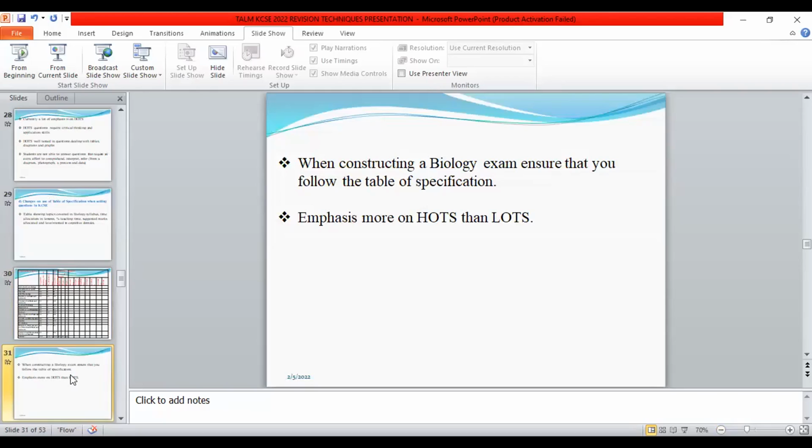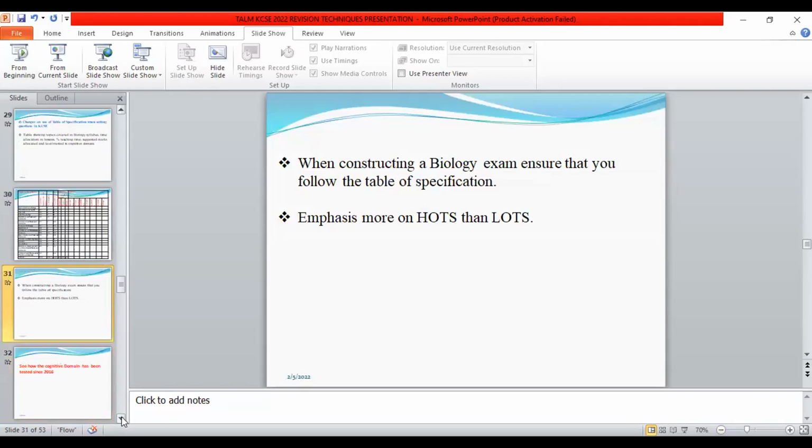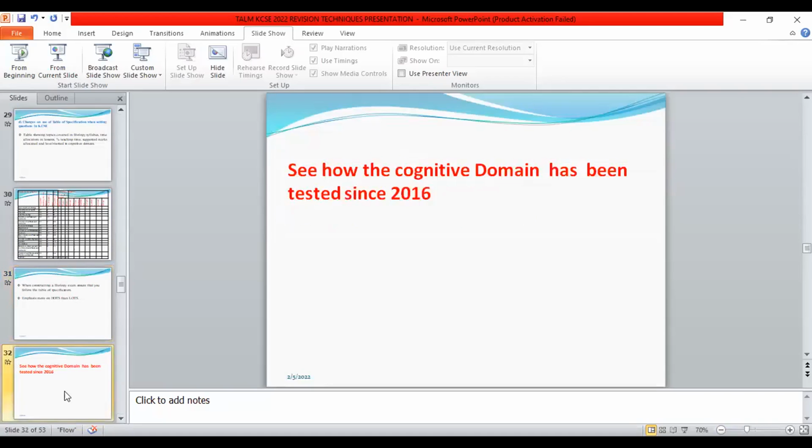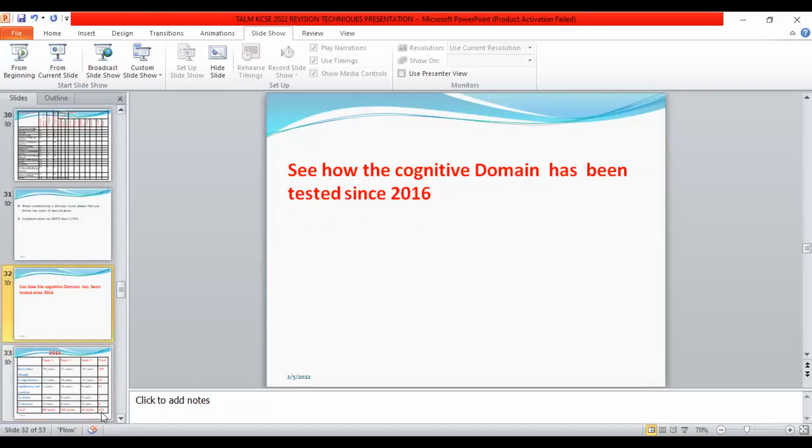And then as teachers, when we are constructing a biology exam, we ensure that we follow that table of specification, and we need to lay more emphasis on the higher order thinking skills as opposed to the lower order thinking skills, in order for our students to be at par with the changes in the setting of the exam. I want us now to look at how those 6 skills have been tested since 2016, so that we can all see that